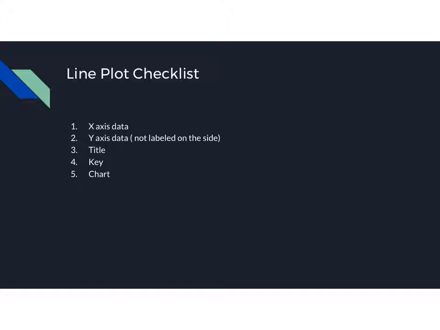Okay, now here's just a quick line plot checklist. So you need, for sure, your x-axis, which is always labeled. Your y-axis is not labeled, but it's just the number of x's, dots, items that you'll have above each number on the x-axis. It's not like a normal graph where you have an x-axis and a y-axis. We need our title, we need our key, and we need the chart of data that we will be using to